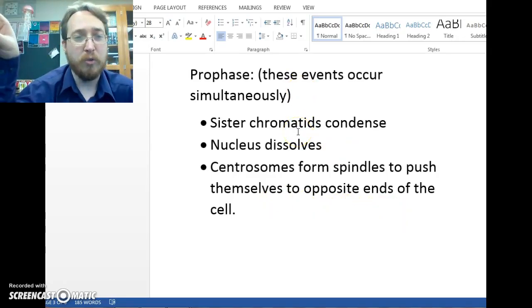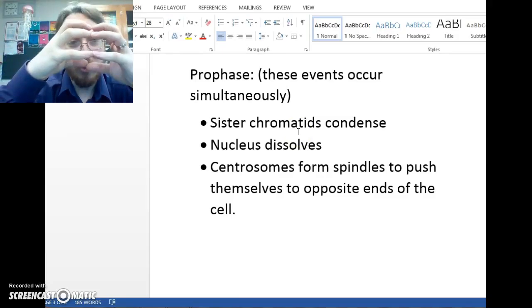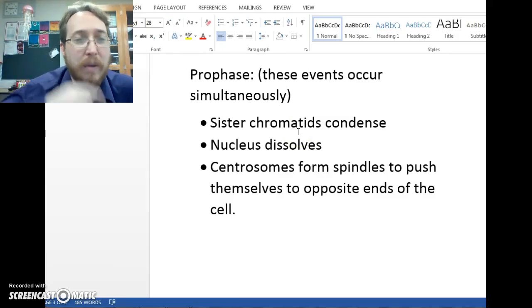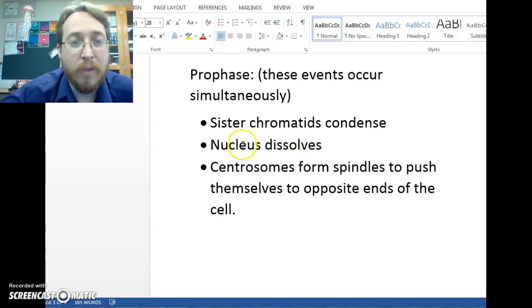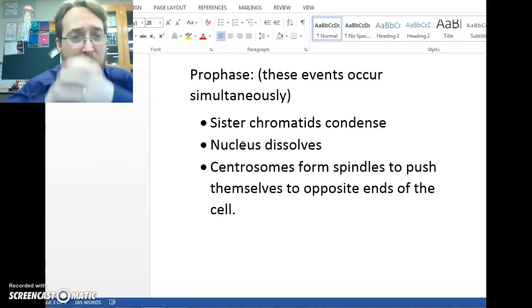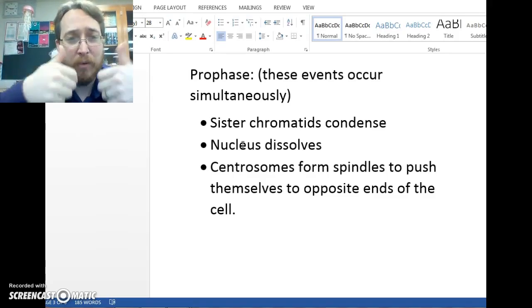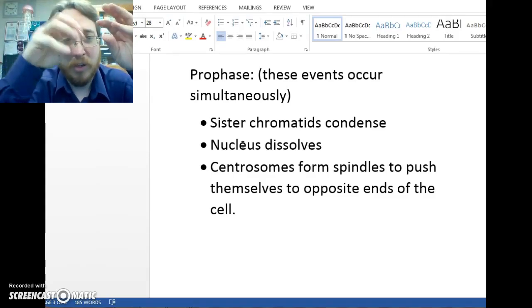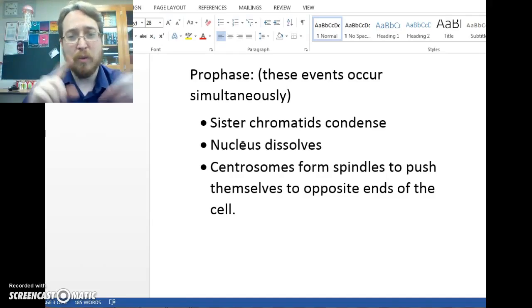This is when they're in their long stringy phase and they start to actually coil down into the visible X shapes that we can see under microscopes. The nucleus dissolves. During mitosis, we're going to be packing and moving around chromosomes. We can't do that if they're shut down in the nucleus. So we've got to take enzymes and proteins to help break up that nucleus so that we can move our